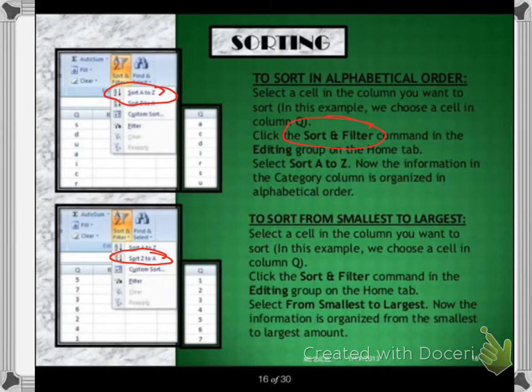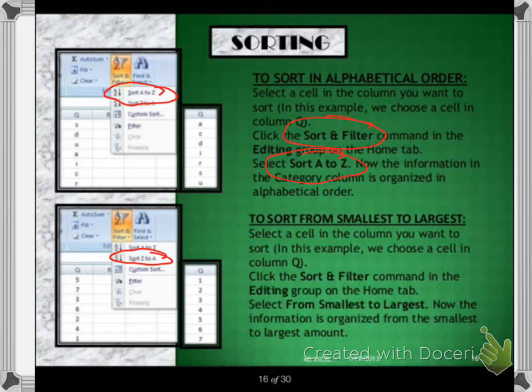So first of all, in order to sort data, you have to click on the Sort and Filter command. Now, if you want to sort data in ascending order, you must click on the A to Z button. You should click on which button? A to Z button. With this we can do the ascending order sort, that is the normal alphabetical order sort.